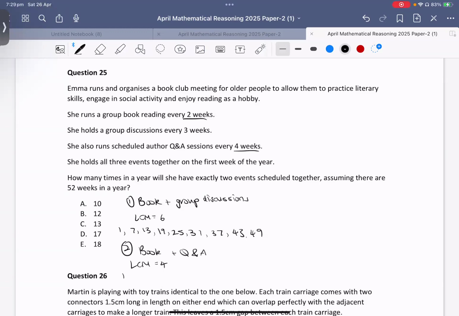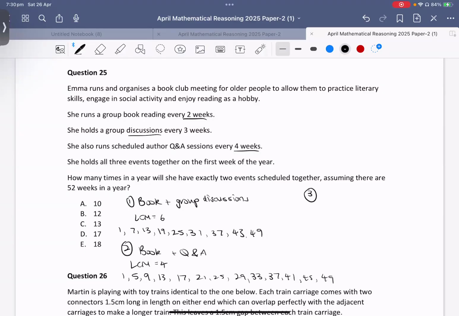Okay. So if she runs it in week 1, it's going to come again in week 5, week 9, week 13, 17, 21, 25, 29, 33, 37, oh my goodness, 41, 45, and 49. Okay. And the third and final scenario, promise it ends, right, is the only other 2 that we haven't put